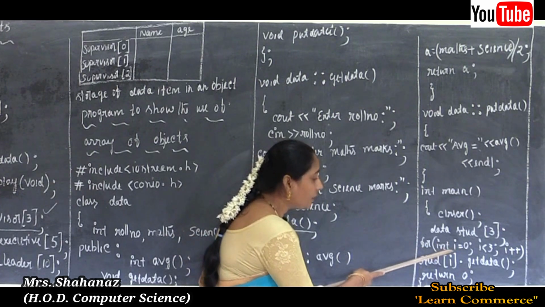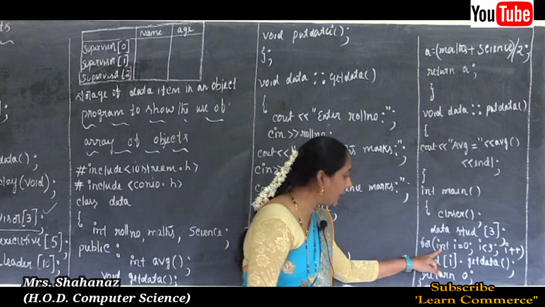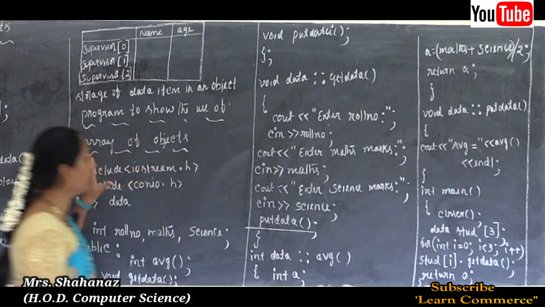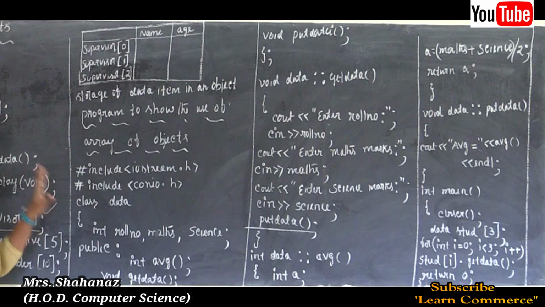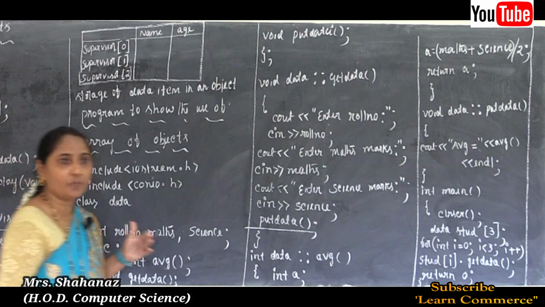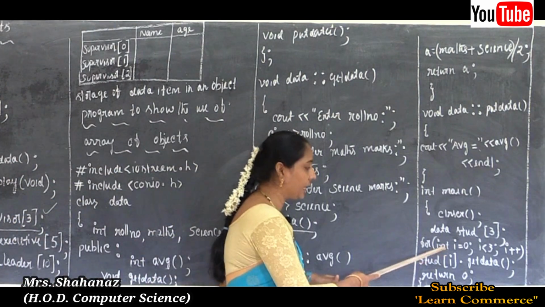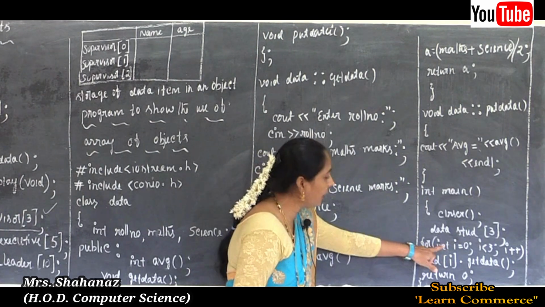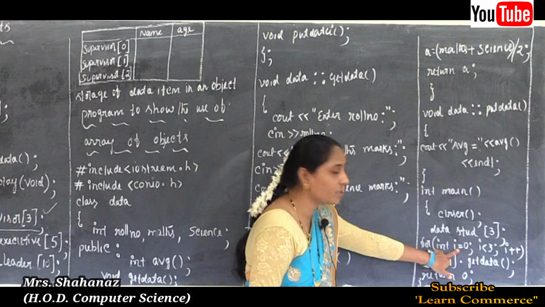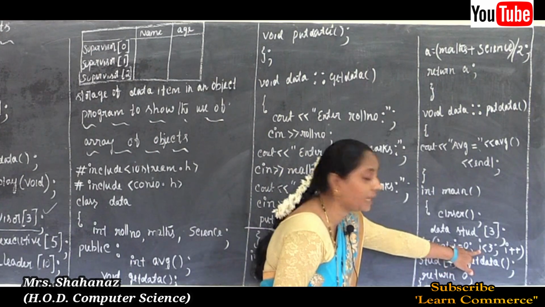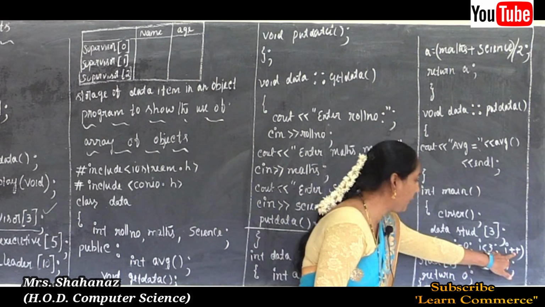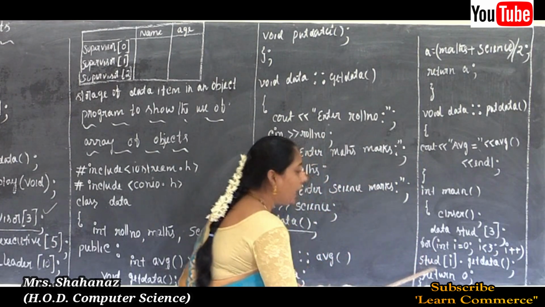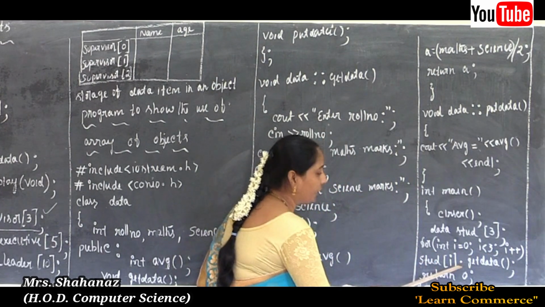And here, only in this case, I declared the data type as int. Why? Because until here I didn't use the variable i in this program. So before using such a variable i, we need to declare it by using its data type, that is int here. So i = 0; i < 3; i++ is going to accept the information one after another, and later next one stud[i].getdata.